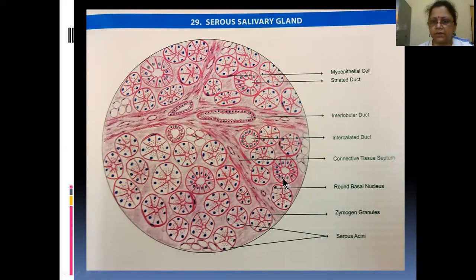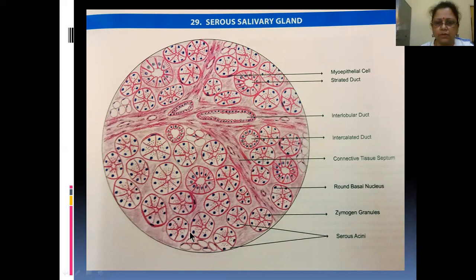While these are the striated ducts. You can see the lines on the basal side. These are the striated ducts. In between, these are the serous acini. Okay. What is the importance of serous acini? This lumen will be very small because of the pyramidal cells you can see, and the nuclei are almost in the center or towards the basal. In between the center and basal, but the lumen will be very small.